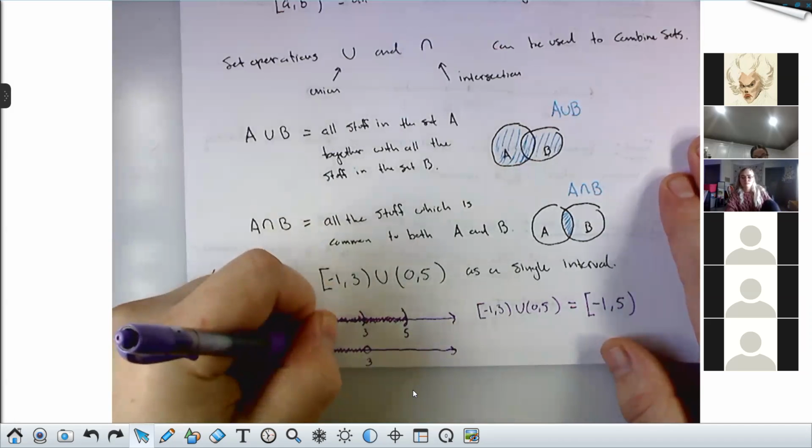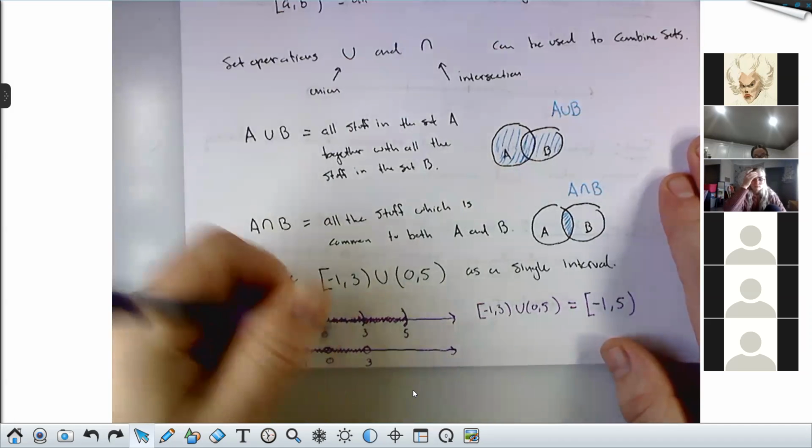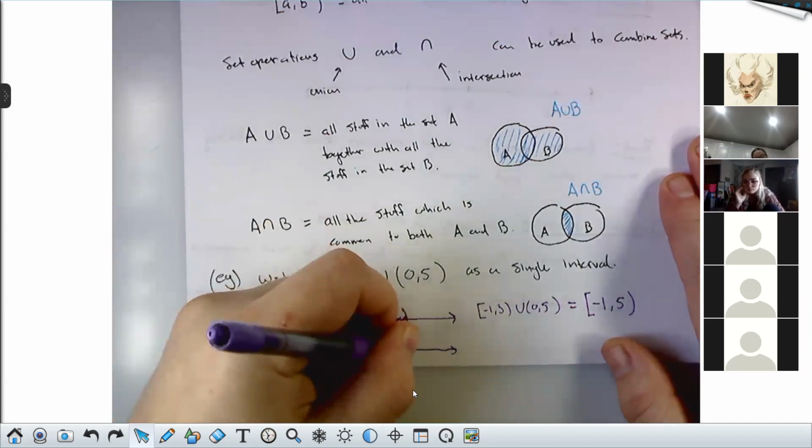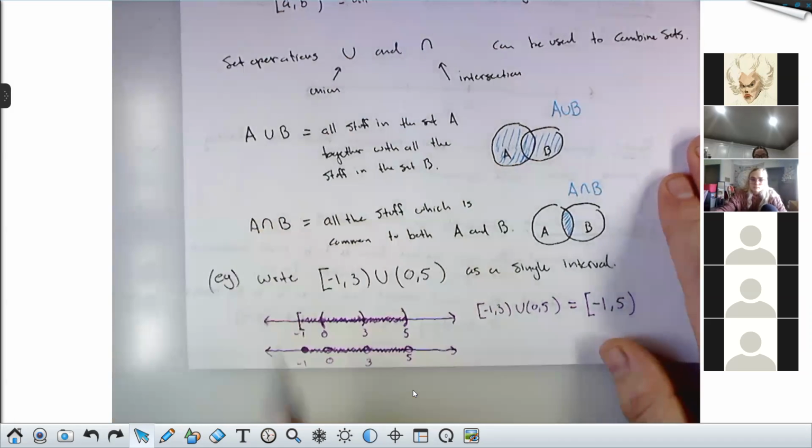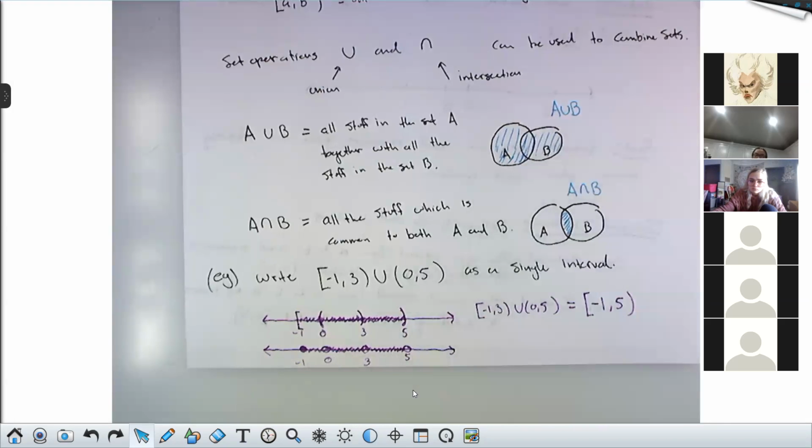And then the second set would be an open circle at 0 and an open circle at 5, and then everything in between shaded. So if we look here and we want to answer what is this new interval, you can see everything shaded between -1 and 5 is in the set. -1 is filled in, so it's in the set, but 5 over here is open. It never got shaded, right? The 0 and the 3 both got shaded when I filled in that second interval. But the 5 still has an open unfilled circle here, which means 5 would not be an element of the set.